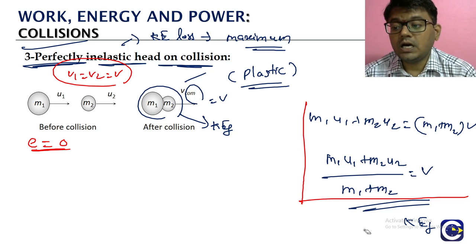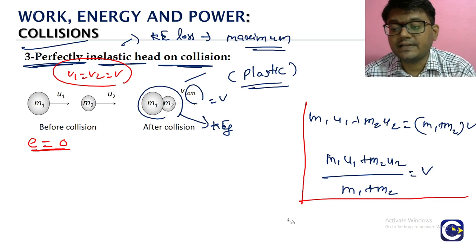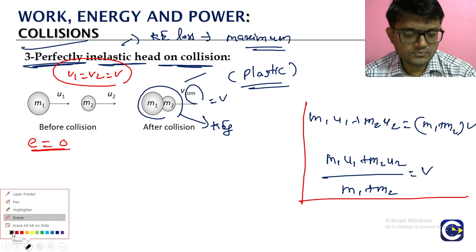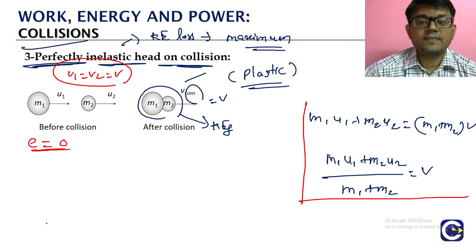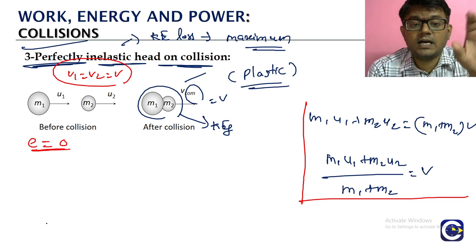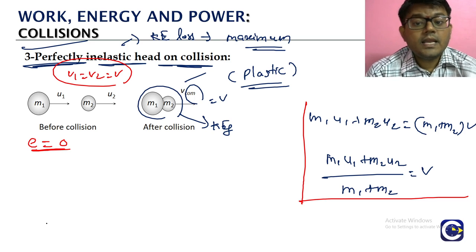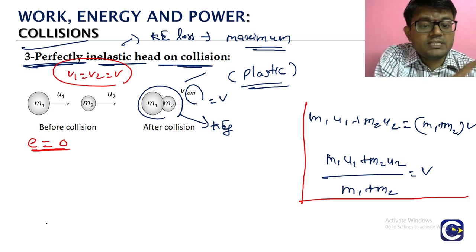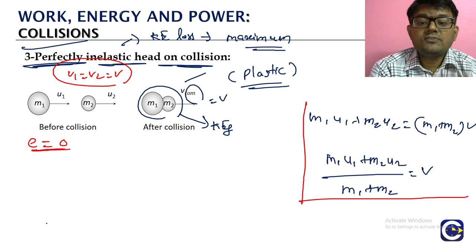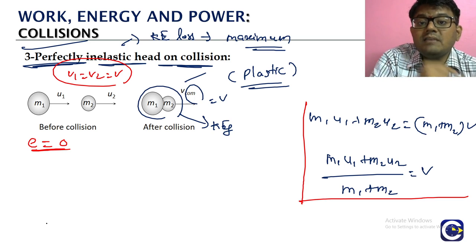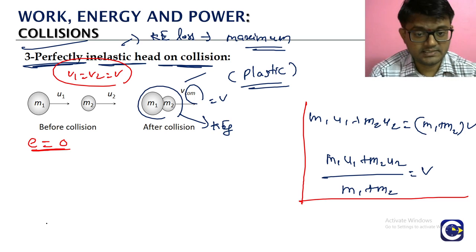Okay, already we have mentioned one point. The significance of the coefficient of restitution will be there only when we are discussing the head on type of collision. In oblique collisions, its significance will not be that much. The significance of the coefficient of restitution will be more in the case of head on collision, because in a head on collision between two bodies, the velocities will be along the center to center line, because the impact will be along the center to center line. Velocities also will be in the same direction. So from this we will be able to exactly measure the impact of the collision on the velocities of the particles.